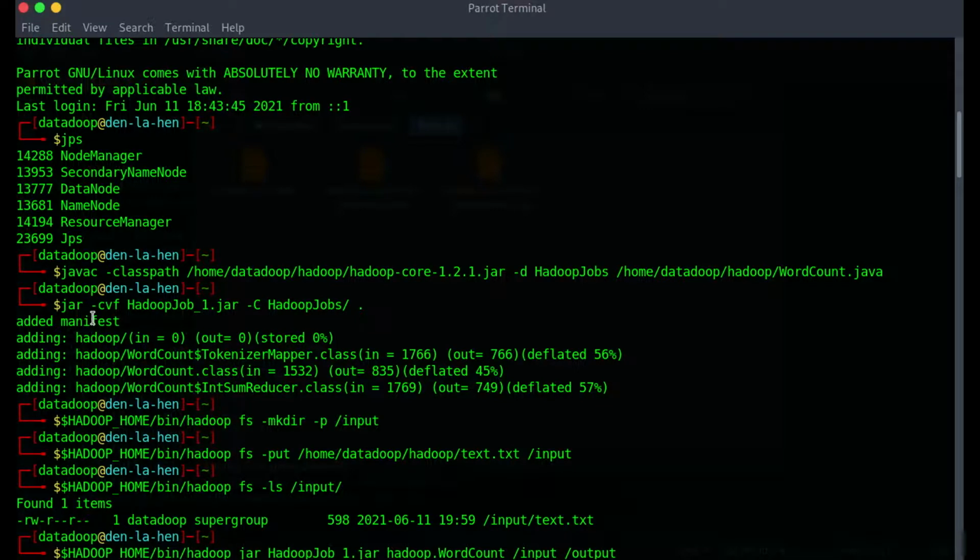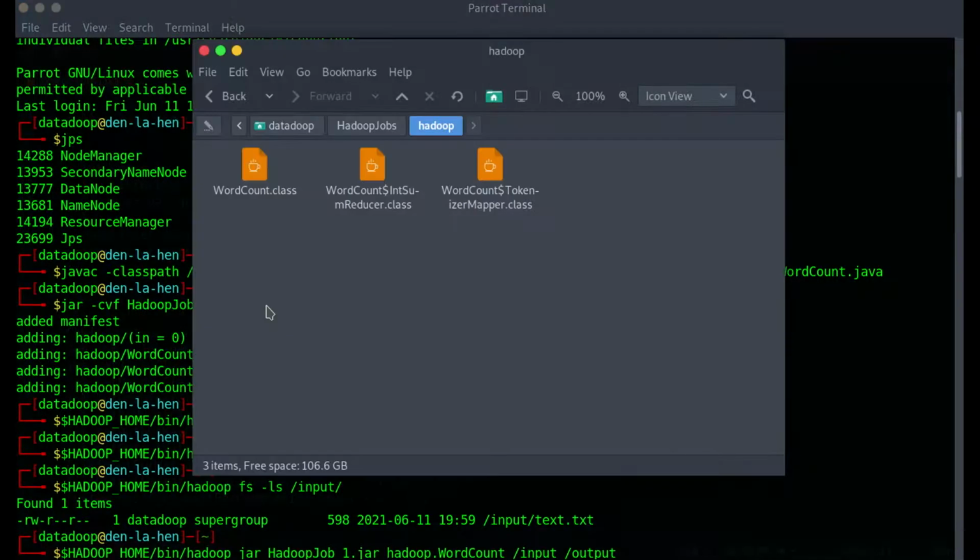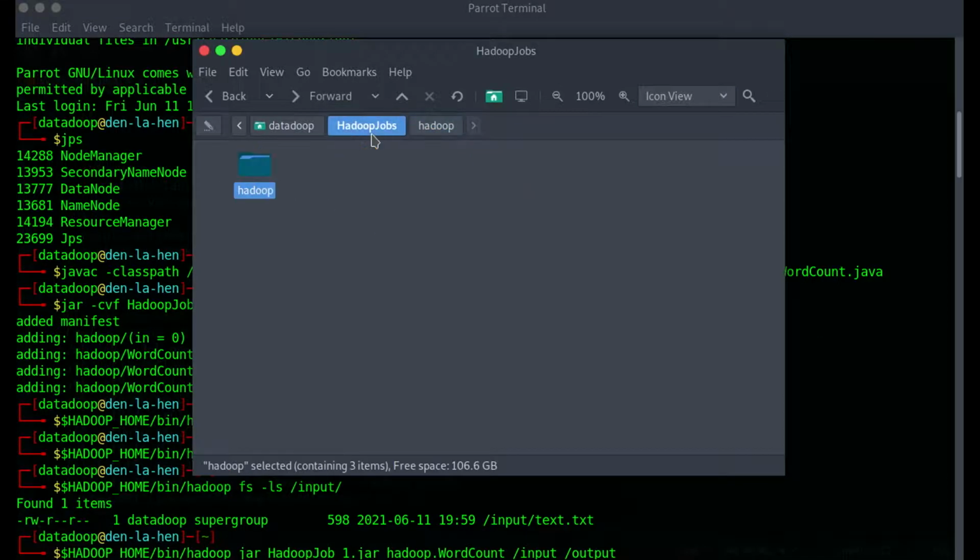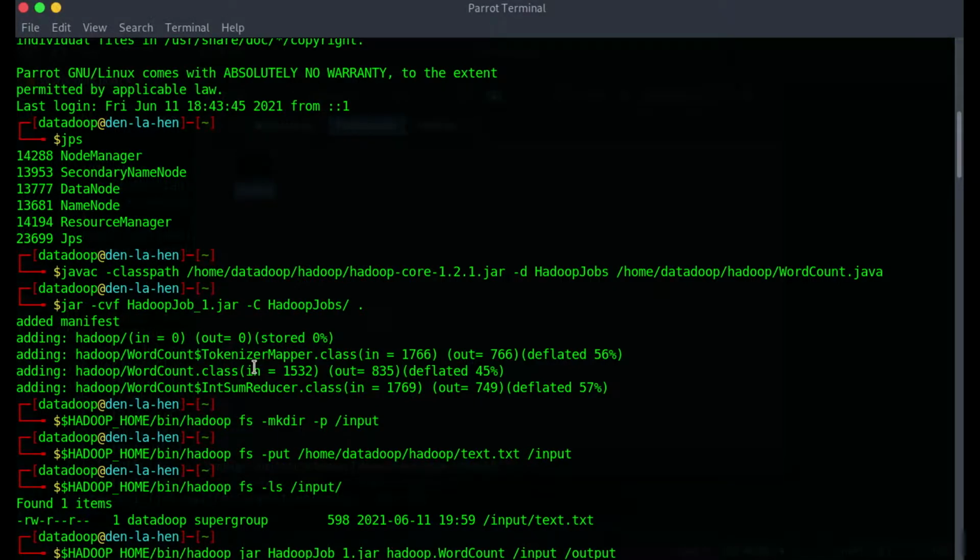So jar with the options c, v and f, and you give a name for your jar file. I have given the name hadoop_job_1.jar, and I give the option -C, and I mention where the class files are. Here my class files are inside hadoop jobs, so I have mentioned that here.